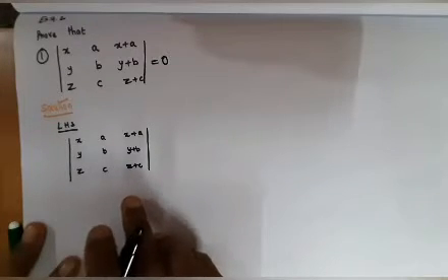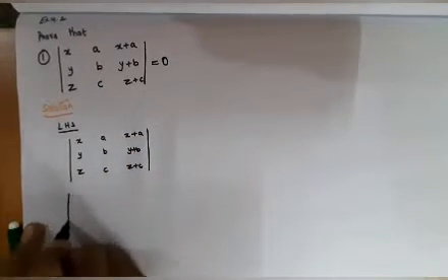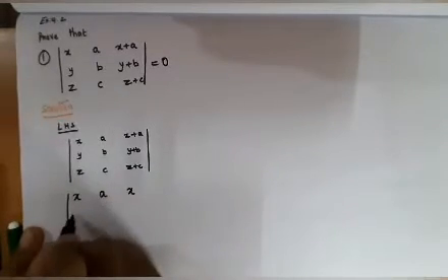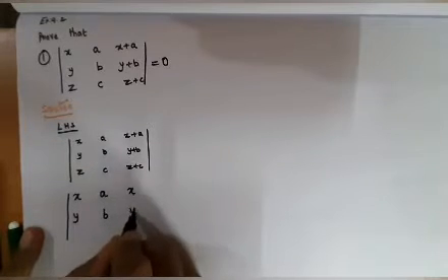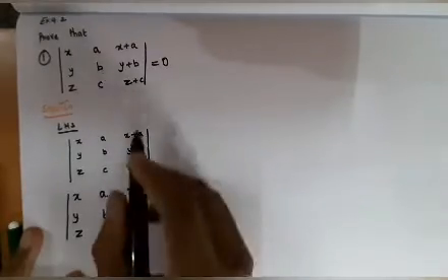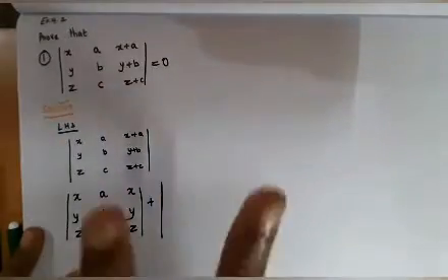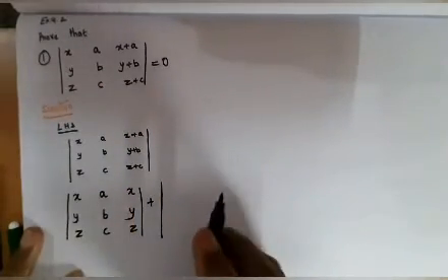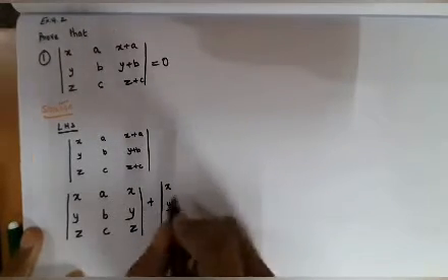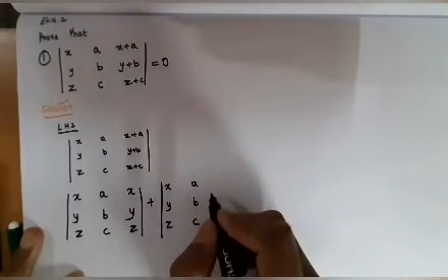So what is property 5? It says if a column is combined, you can split and write. So I can split and write x, a, x, y, b, y, z, c, z. In the middle I have to take the split because the third column has two quantities. The first quantity I already used in del 1. The second quantity I am going to use in this new del 2.